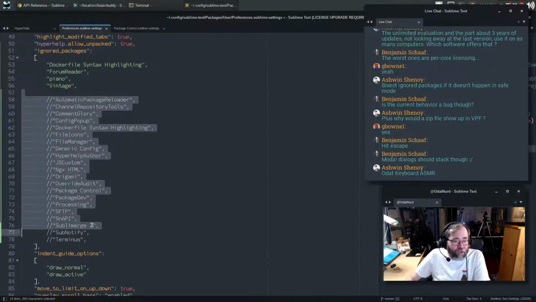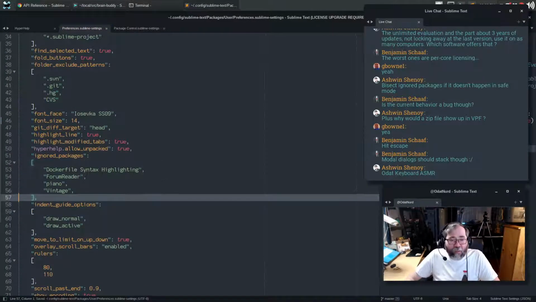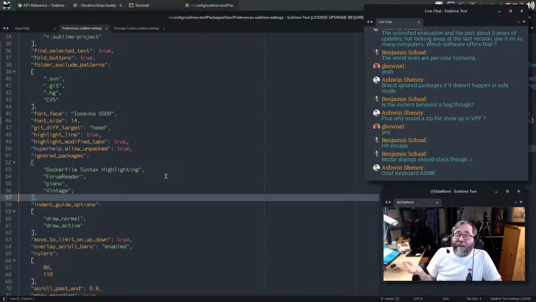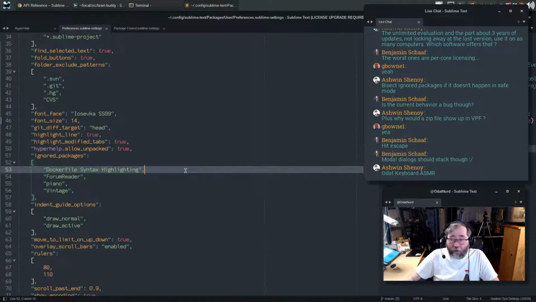Okay, let's put all of this stuff back the way it should be. Somebody asked earlier if I could help them with their problems with Terminus, but they never got back to me with what the problem was that they were actively seeing. If you're still watching, if you can explain what the problem is with Terminus, we can help you work through it. But in general, check the console to see if there are any errors. That would be the way to go.